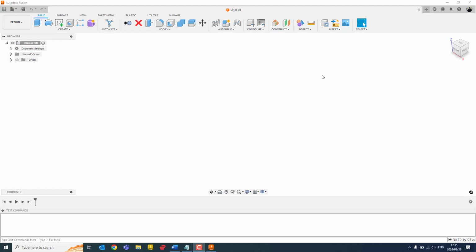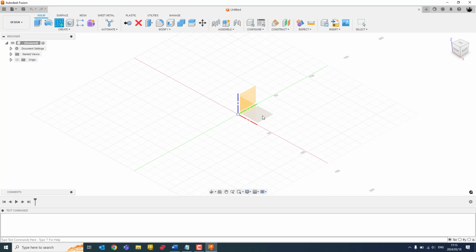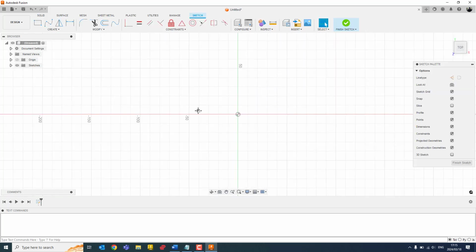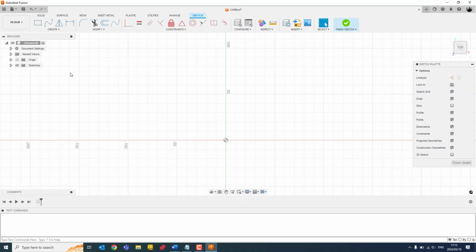In today's video, we're going to take a look at the circle command in Autodesk Fusion. With the circle command, the first thing we need to do to access the command is go to our sketch environment. With the sketch environment over here, to activate the circle command, I can select the create drop-down, circle, and